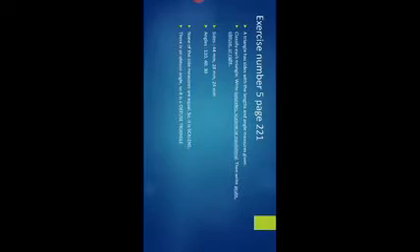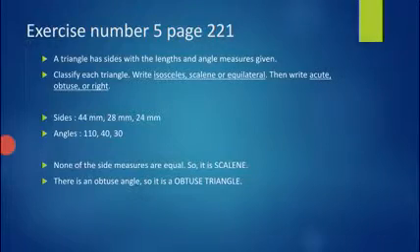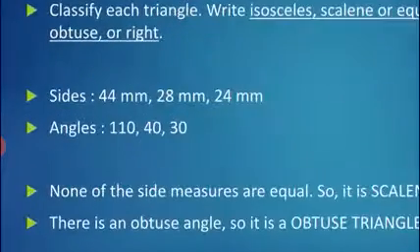Now, exercise number 5, page 221. A triangle has sides with length and angle measure given, okay? We want to write if it is isosceles, scalene or equilateral, and then if it is acute, obtuse or right. Here the sides given are 44, 28 and 24. The three numbers are different, so it is a scalene